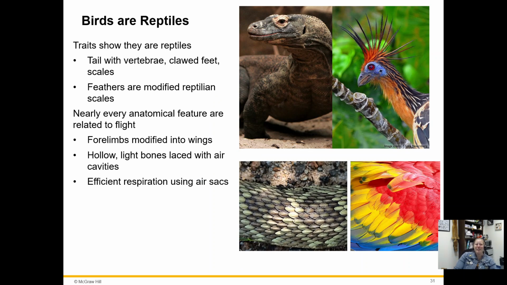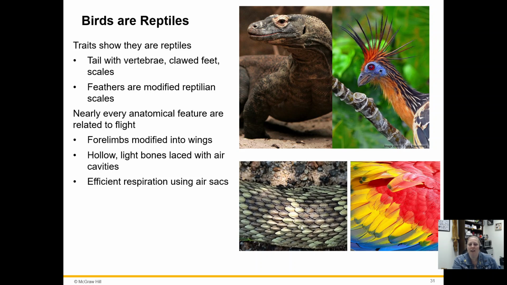And honestly, Jurassic Park had a big role in this because Jurassic Park created this huge interest and boom in dinosaurs and paleontology. And so research has shown more and more that dinosaurs had feathers for thermal regulation, and then feathers became used for flight later. So feathers are modified reptilian scales. They are made of the same